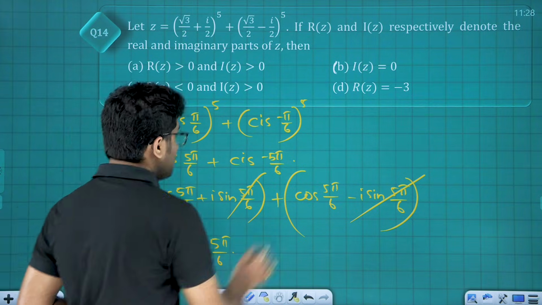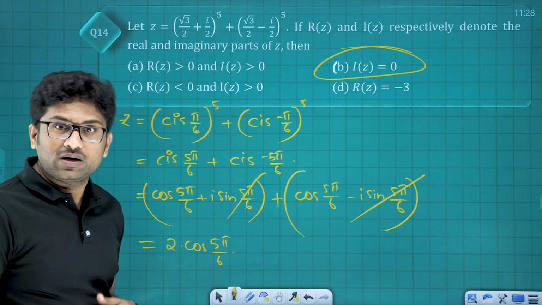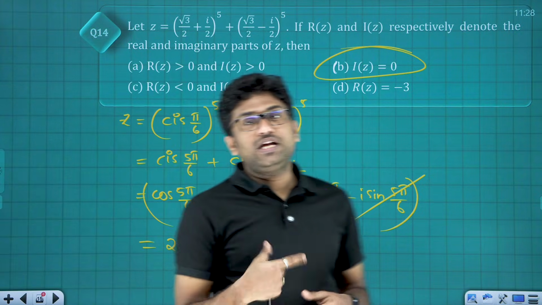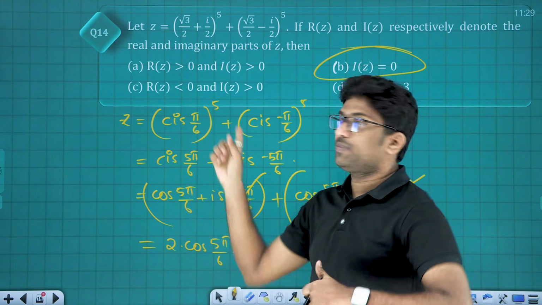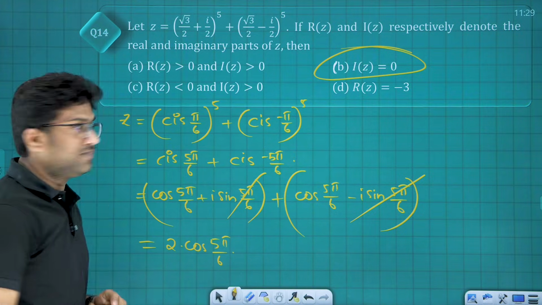But they have given only imaginary in terms of imaginary part, so hence answer is option B. Clear? We have used here de Moivre's theorem and polar form representation of the complex number, so that our problem became much easier. Okay, next,